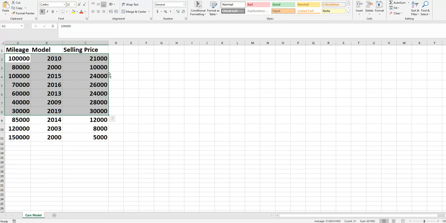Suppose here I will take 70% and 30%. For 70% data we will make our model, and for 30% data we will use the model in order to see whether we have a good model or not, right?